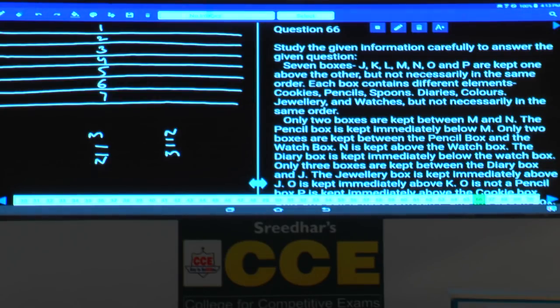And pencil box is kept immediately below M. This must be pencil. Now in this one, the pencil is kept immediately below M. Only 2 boxes are kept between the pencil box and the watch box. And N is kept above the watch box. Pencil and watch box, so how many are there? There are exactly 2. Now in this case, pencil and watch box, if watch box is below this one, then